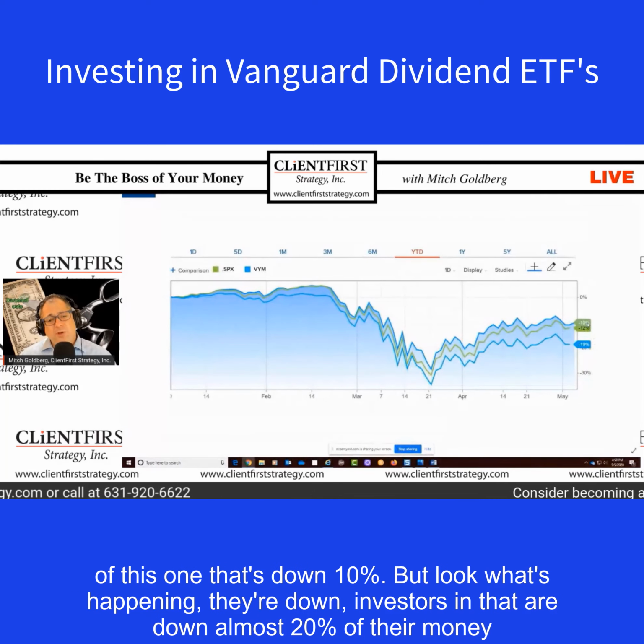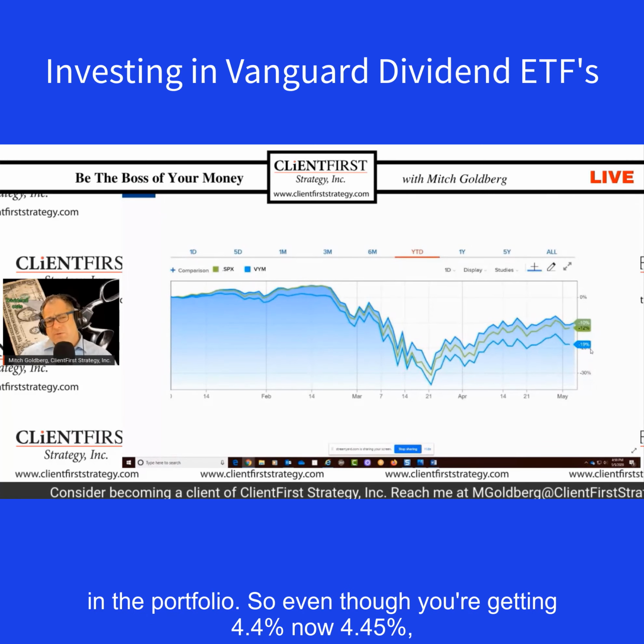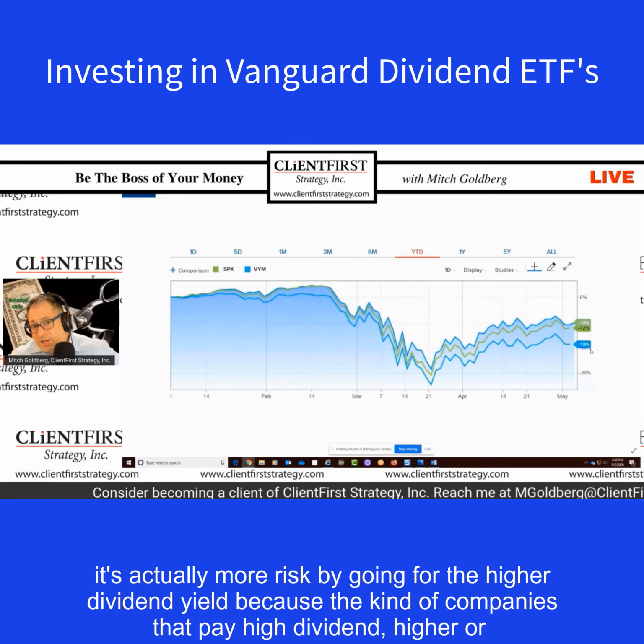But look what's happening. Investors in that are down almost 20% of their money in the portfolio. So even though you're getting 4.45% now, it's actually more risk by going for the higher dividend yield, because the kind of companies that pay higher or